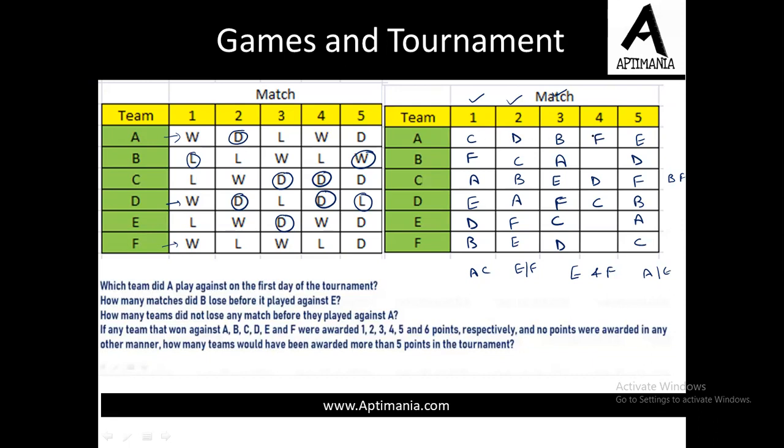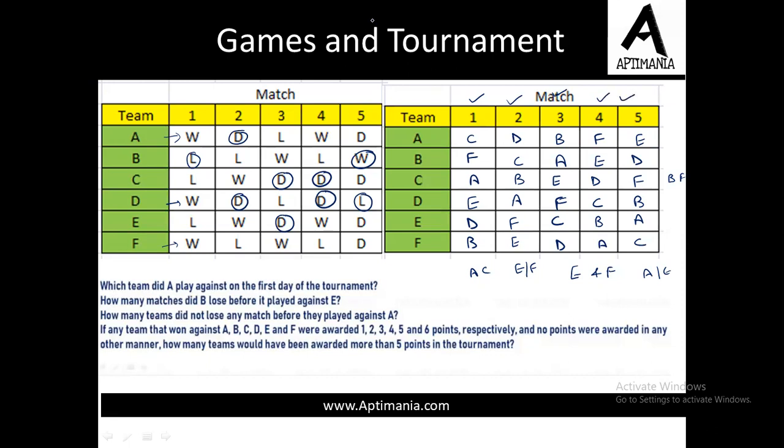So here only F was left as an option, so I filled F over here. Right? Now using the same logic, A, B should not come here. So A, C, D, E and F. So only E is left, so we can fill E over here. Fine. Here A, B must come, so we can fill B over here, and in the last column we can simply fill A. So we have completed the whole table.